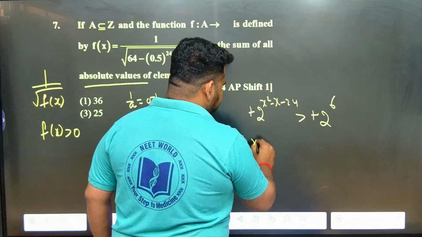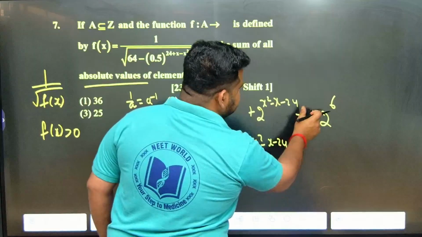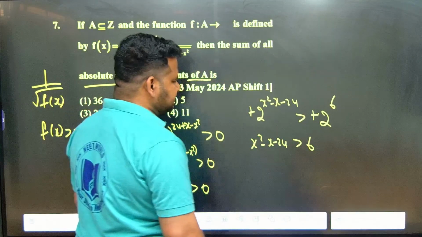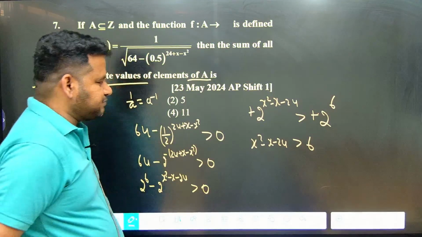So x square minus x minus 24. I cannot write it equal to 6. Since it is greater than 6, this will also be greater than 6. X square minus x minus 24 is greater than 6. So what can I write? For x square minus x minus 24 that I am having,